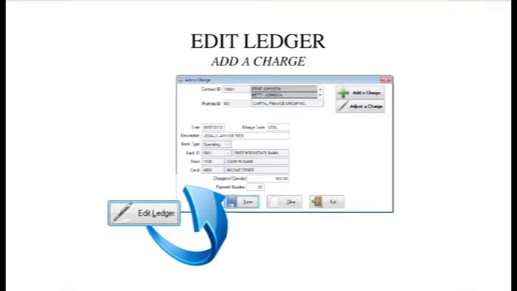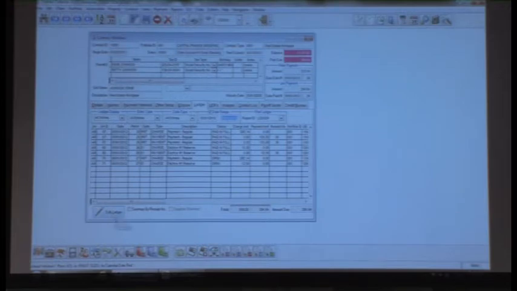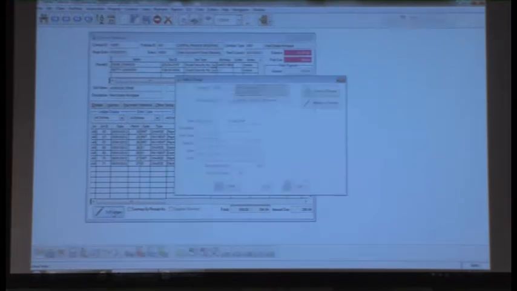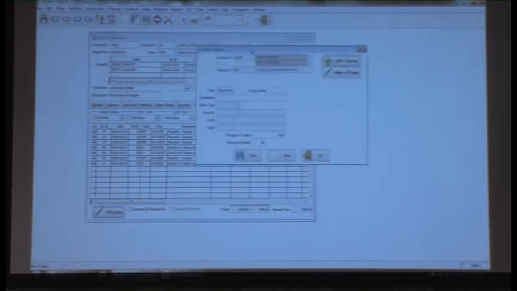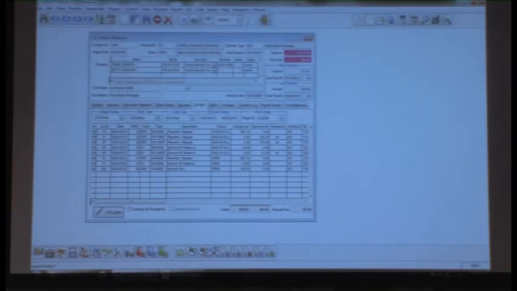We already talked about if you needed to delete an entry, you can drill down on it. You can also edit it using the Edit Ledger to create a new entry. So first of all, you might want to add a charge. For example, we can add a charge for today's date for, let's just say, a servicing fee of $100. We can then save that entry,